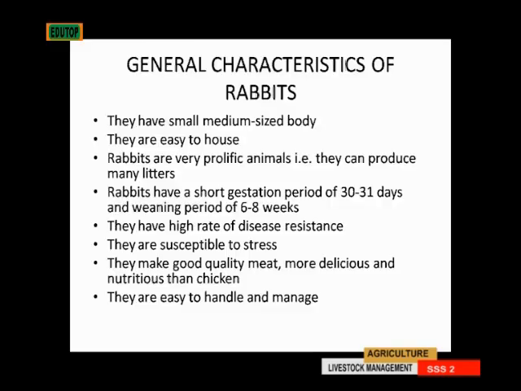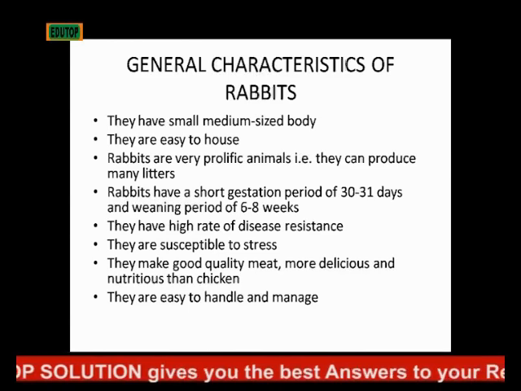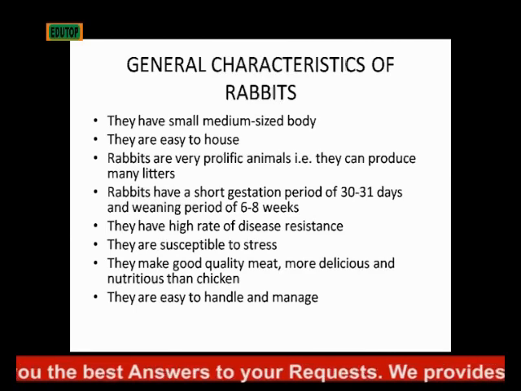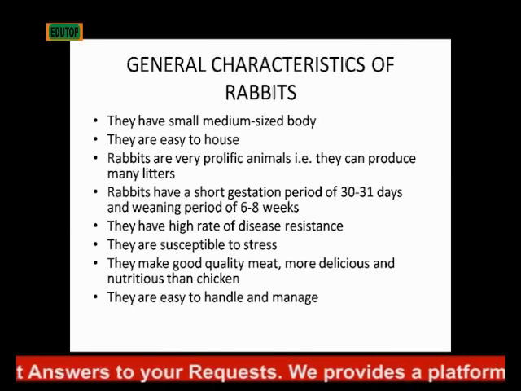The general characteristics of rabbits: they have a small to medium-sized body. They are easy to house. Rabbits are prolific animals, just as we have in pigs. They can produce many litters. The rabbits have a short gestation period of about 30 to 31 days. That is the period of pregnancy. And the weaning period, that is when the litters or the kittens are separated from the mother, is 6 to